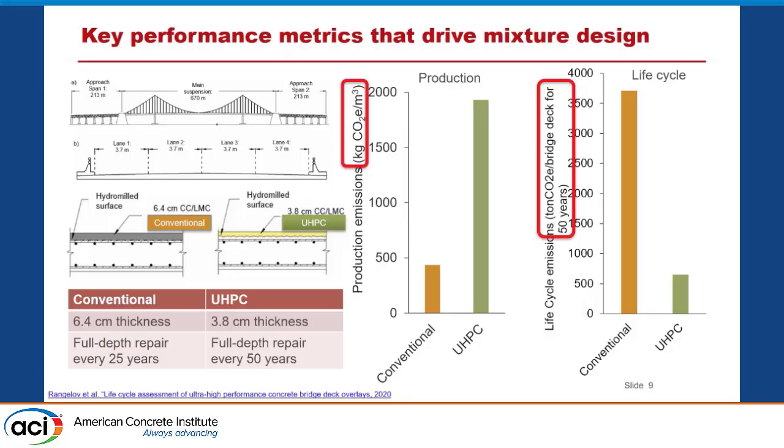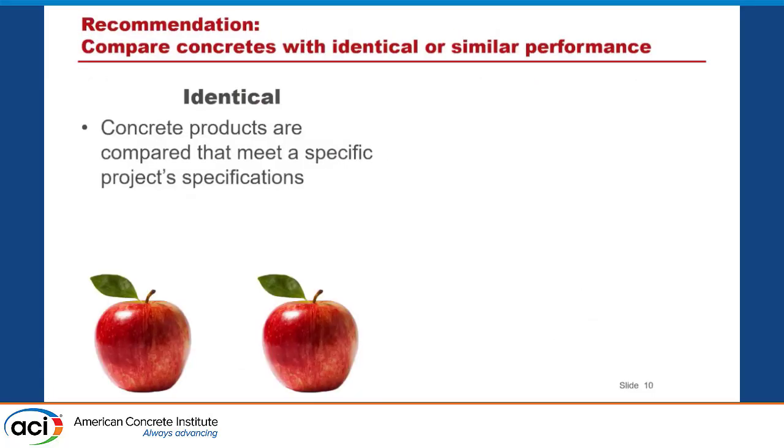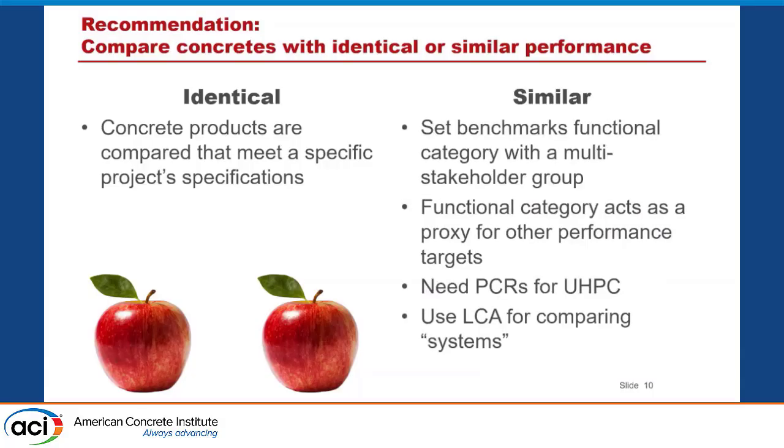At the design stage, EPDs do not fully answer the questions, but for vendor decision-making, where we have the full specifications associated with the design mixture, then we would have a better solution. Recommendations for comparing concrete, even with identical or similar performance: we need to, again, emphasize equivalent specifications, and the mixture should be identified. But even if we have similar performances, we definitely need to consider benchmarks with different functional categories among the ACI communities and other concrete stakeholders.